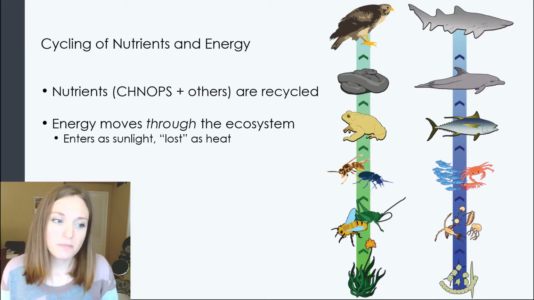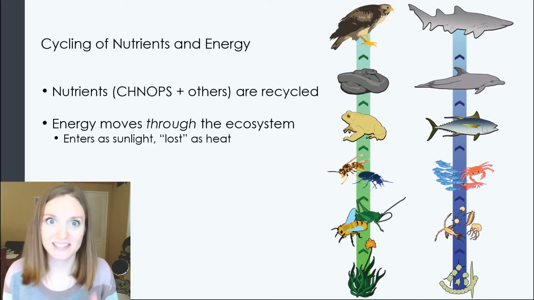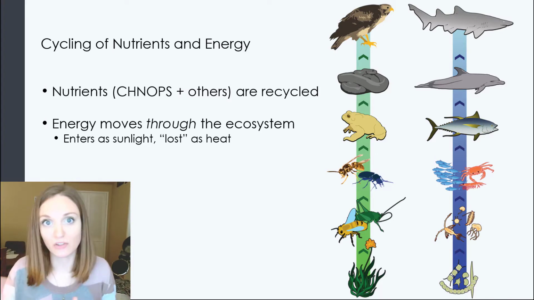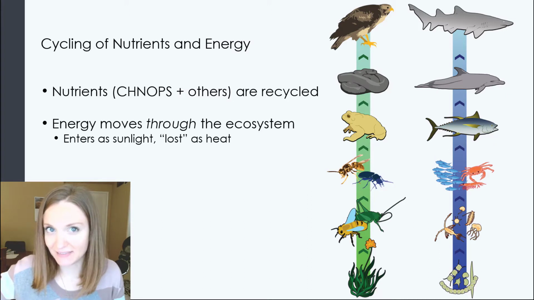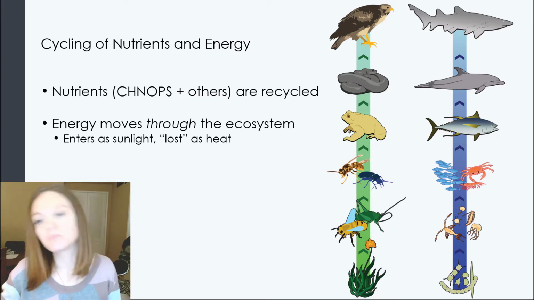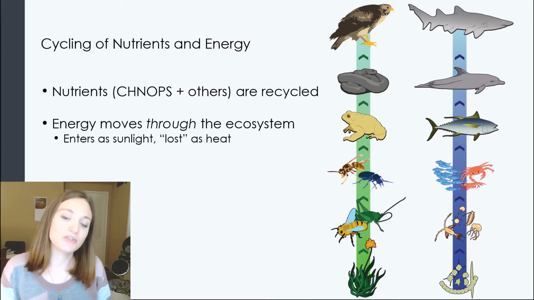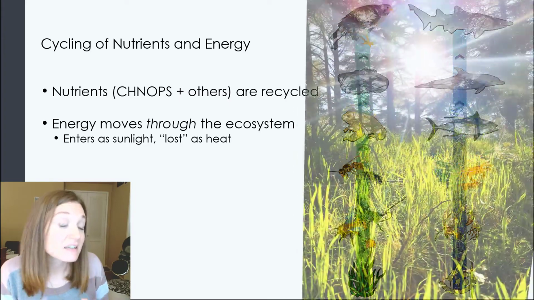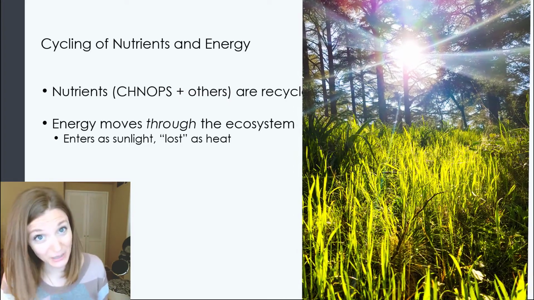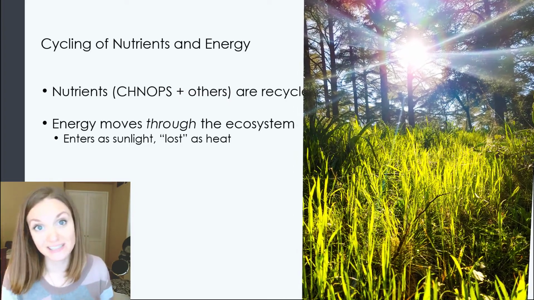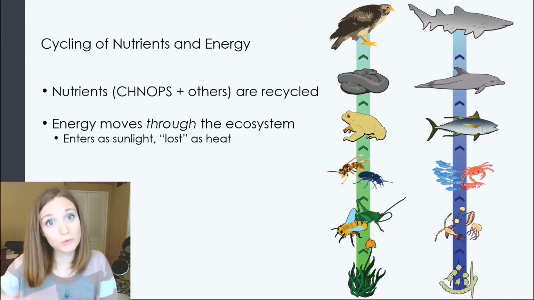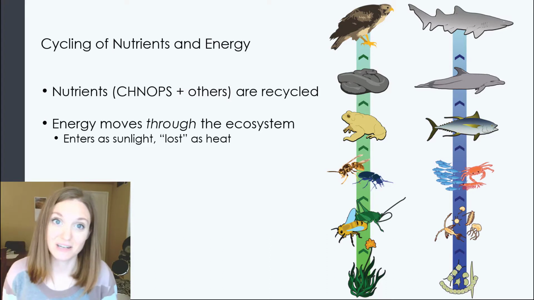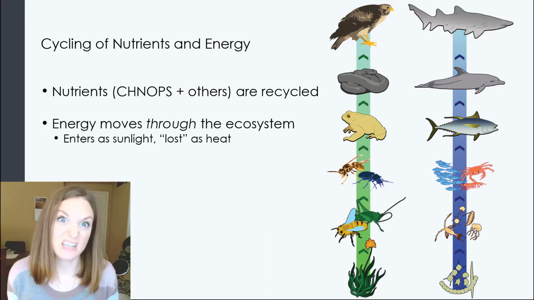The other main big process that we see functioning in ecosystems is this idea that energy is moving through the ecosystem. So it's passing through. It doesn't stay in the ecosystem like nutrients usually do. So for example, it's going to enter as sunlight. For most ecosystems, energy enters the ecosystem as sunlight. It's captured by photosynthesis and then moves through the different levels of the ecosystem as organisms are eating each other,